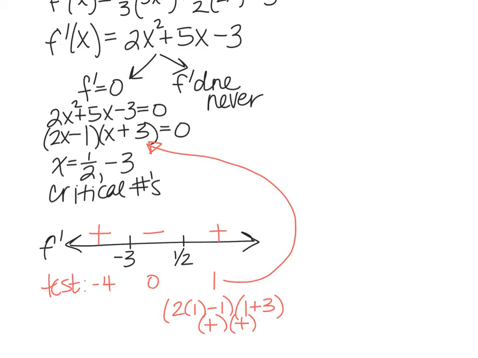But let me also mention you have a graphical way of tackling a problem like this as well. This is an alternative to testing because we should know the shape of this particular first derivative. 2x squared plus 5x minus 3 is going to be a parabola. So we essentially have a parabola that opens up. So you could technically bypass all of this testing if you think graphically, which is usually my preference because it's